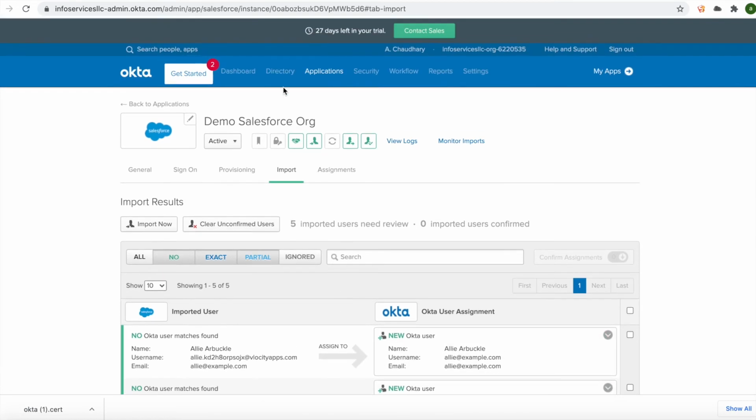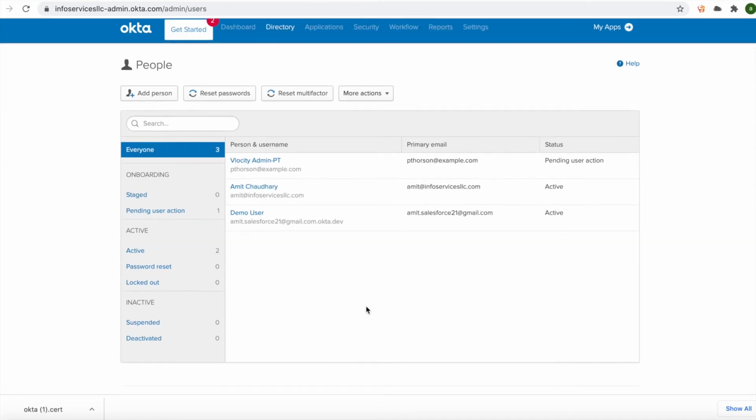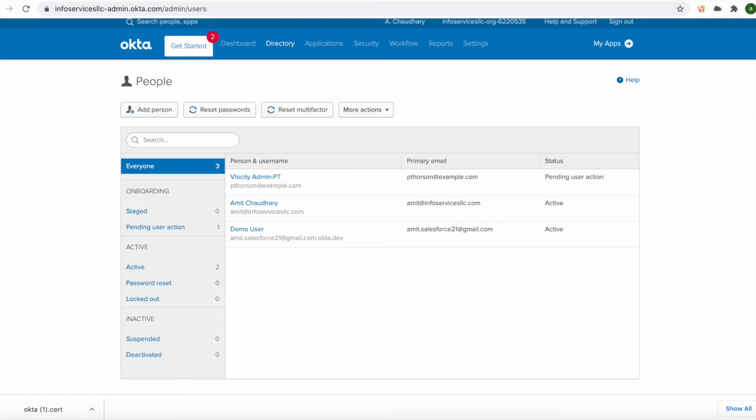For that, just click on the directory. Once you click on the directory, it will show all the existing users in Okta. Right now I have a couple of users over here, but for demo purposes, let's create a new user, so that it will be automatically created. Now go back to the directory, click on add user,